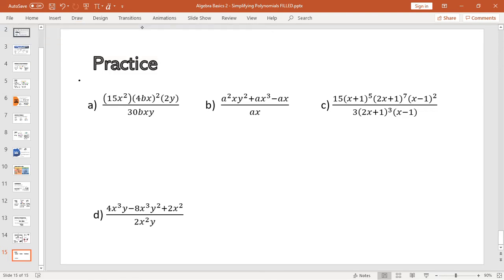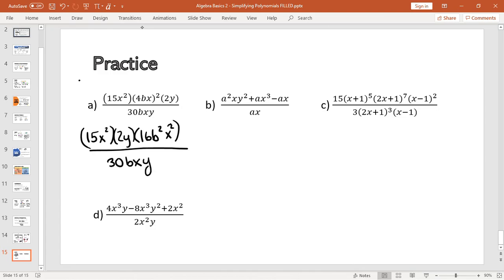So I see that I have 15x squared, that's fine. I'm just going to move the 2y over here, because what I want to deal with is this 4bx, because it is squared on the outside. That means I have to square everything in the bracket. So 16b squared x squared on the top, sorry. And that's all over 30